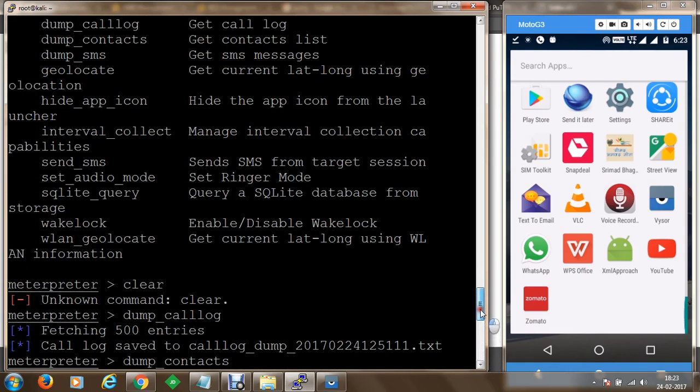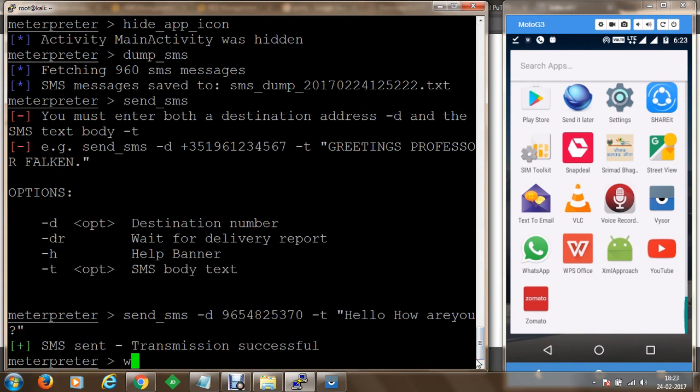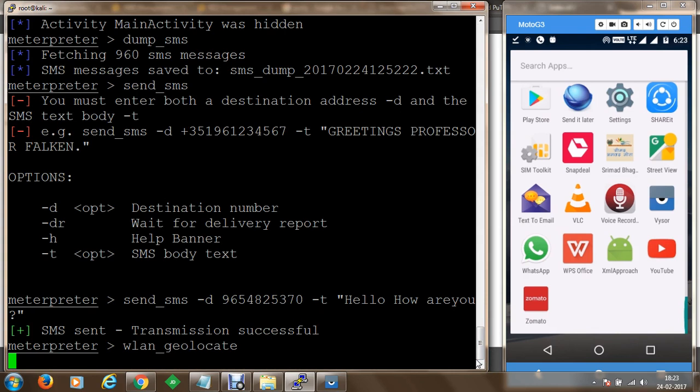Once the SMS has been received, what next we can do is we can set the audio mode, we can execute SQLite queries on databases from different storage, and we can get the wireless LAN location. Let's say we're going to execute wlan_geolocate. There are various other hidden commands.